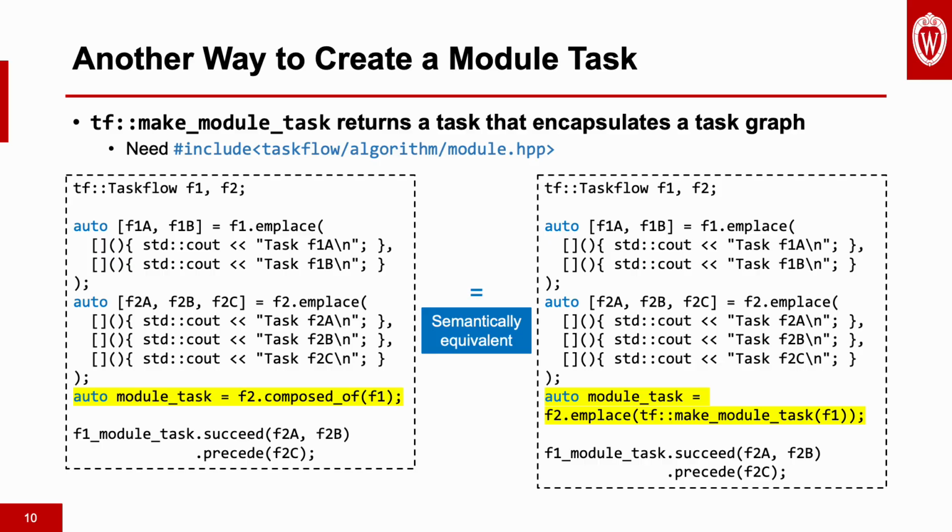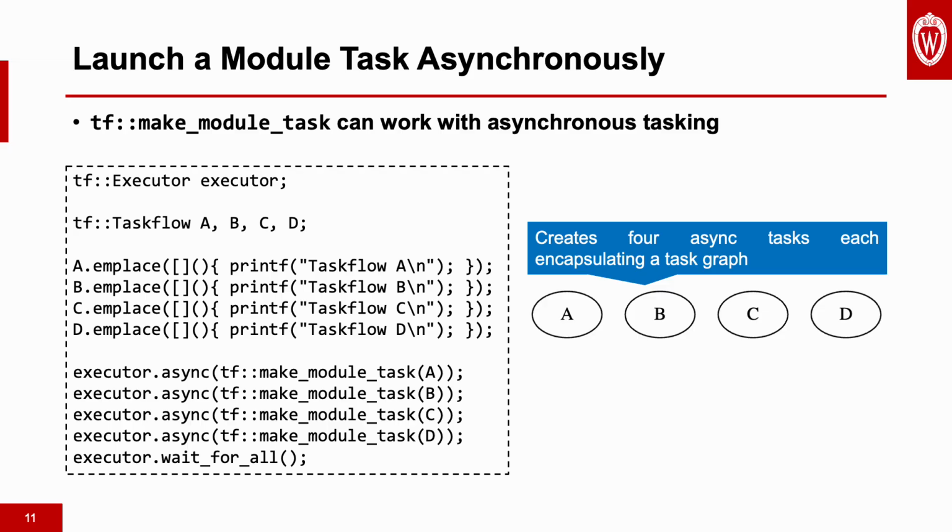For example, in the code below, I can either use compose_of to create a module task that encapsulates F1 and F2, or in place the task returned from the function tf_make_module_task on F1. The two implementations achieve exactly the same behavior. One thing that makes tf_make_module_task special is that it can work with asynchronous tasking, so you can launch a modular